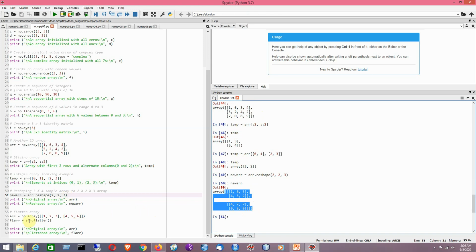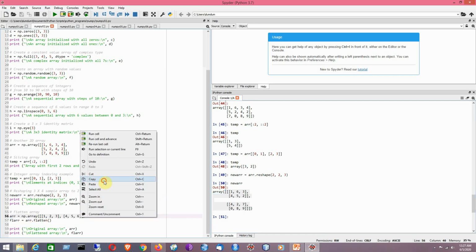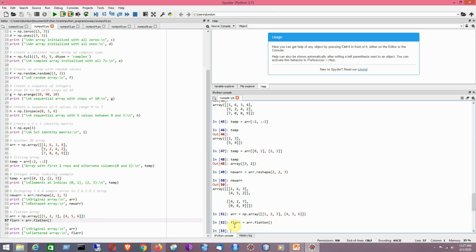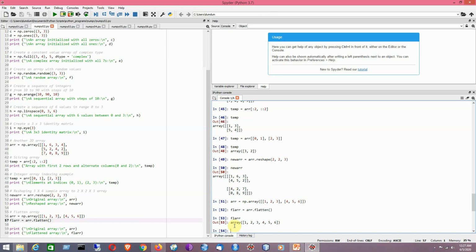Now I am going to consider a flat array, like suppose we are having an array like this. Now we are going to apply the flatten function on it. So if I am writing here the name of the variable, it will be showing a flatten array.